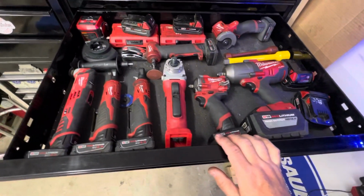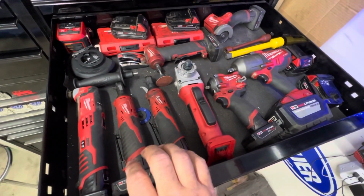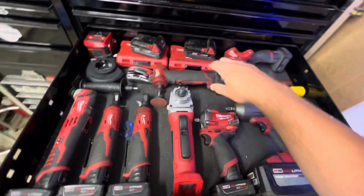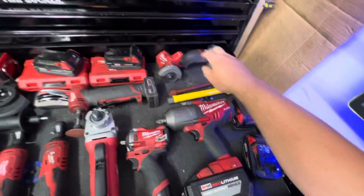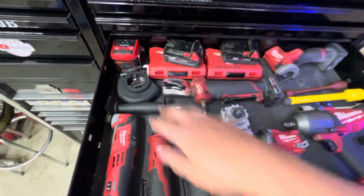One of the Milwaukee drawers. I have another one in my other toolbox. Oscillating tool, M12 3/8 and 1/4 inch, M18 4.5 inch grinder, M12 die grinder, M12 cutoff tool, a couple extra M18 batteries, some bit sets, M18 power adapter,